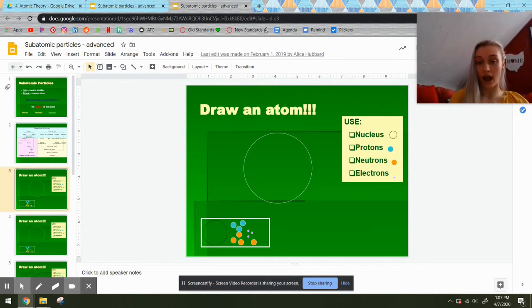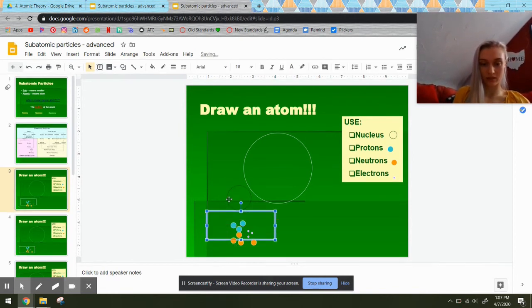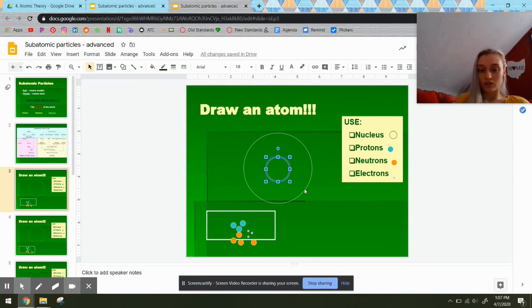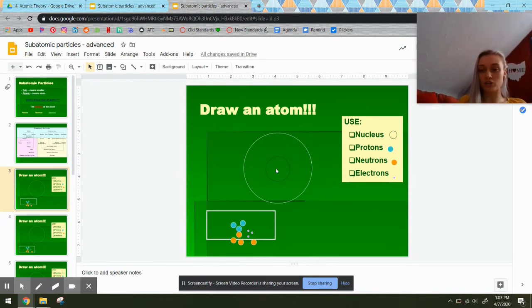So first I'm going to do the nucleus, okay? I'm going to make this the nucleus. This is going to be the nucleus. The nucleus goes in the middle for our purposes, okay? So the nucleus is going to go in the middle, so you can already draw a little circle inside the